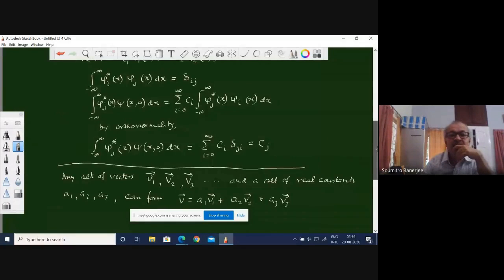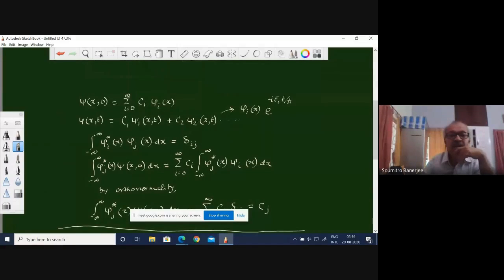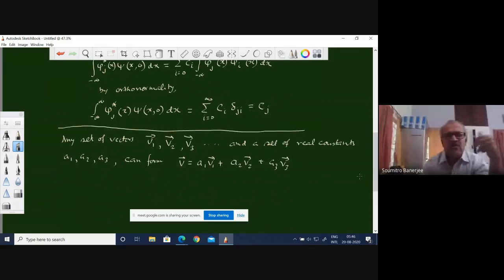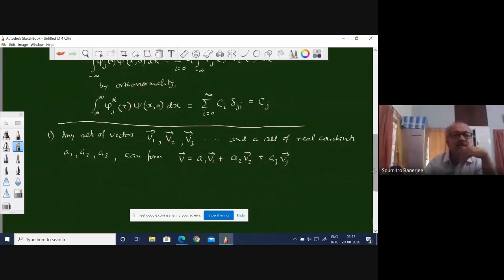So these are individual eigenfunctions, and put together they give another wave function. So wave functions and eigenfunctions appear to be behaving like vectors. This is, say, our first observation. The second observation